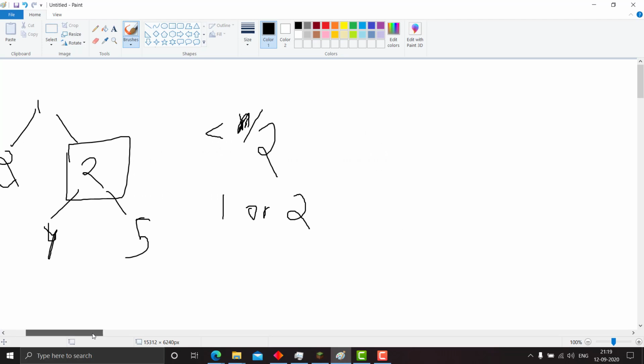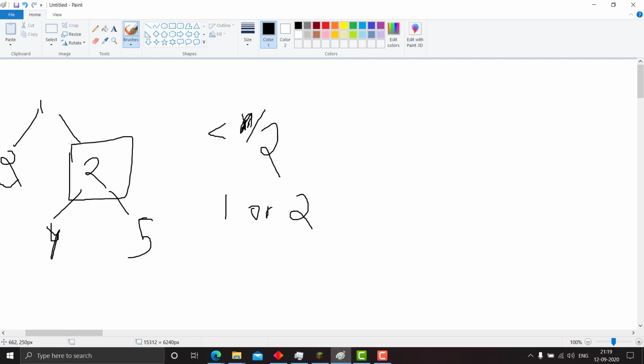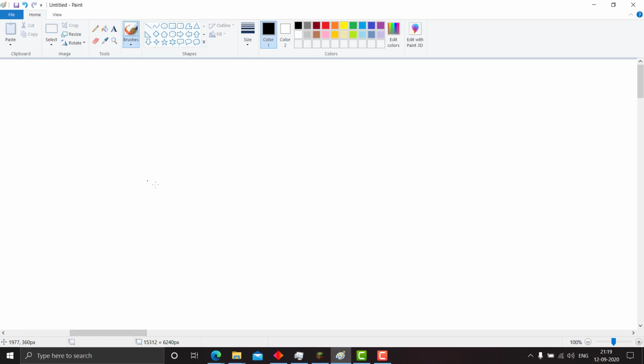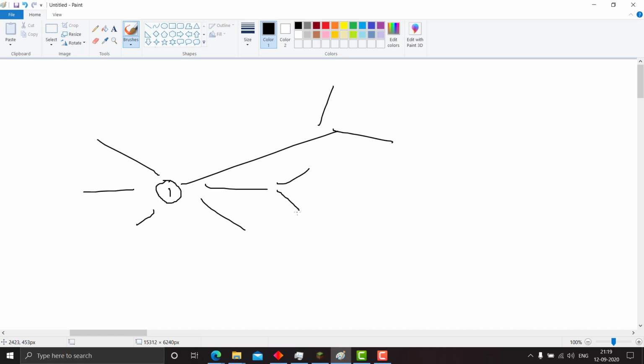For this, the prerequisite is just that you know what a centroid is, how to find it, and this very important property. Suppose you found the centroid of the tree. There are various subtrees. You remove the centroid and each subtree has less than n by 2 connected components.